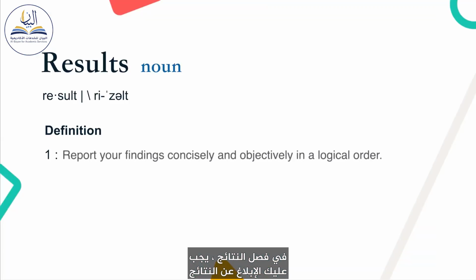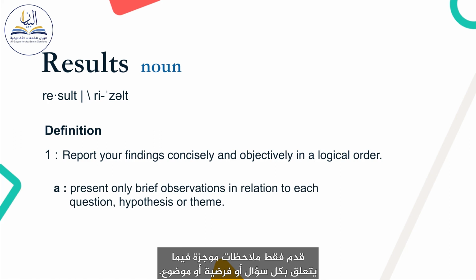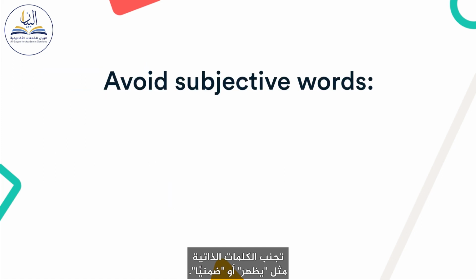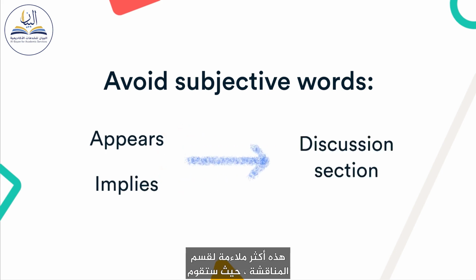In the results chapter, you should report your findings concisely and objectively in a logical order. Present only brief observations in relation to each question, hypothesis, or theme. That means you should not yet speculate on the meaning of the results or give an overall answer to your main research question. Avoid subjective words like appears or implies. These are more suitable for the discussion section, where you will interpret the results in detail and draw out their